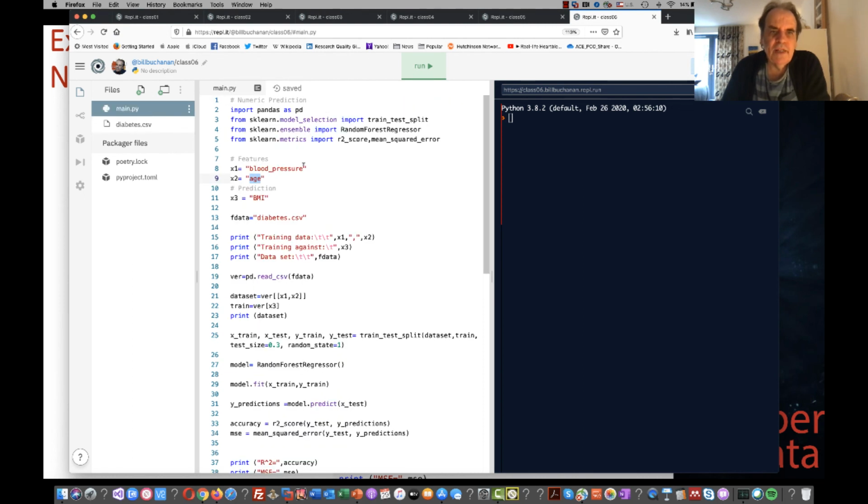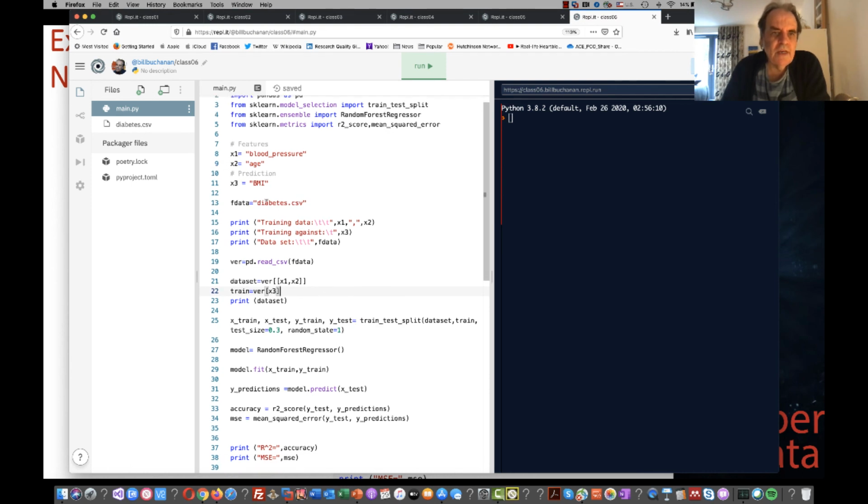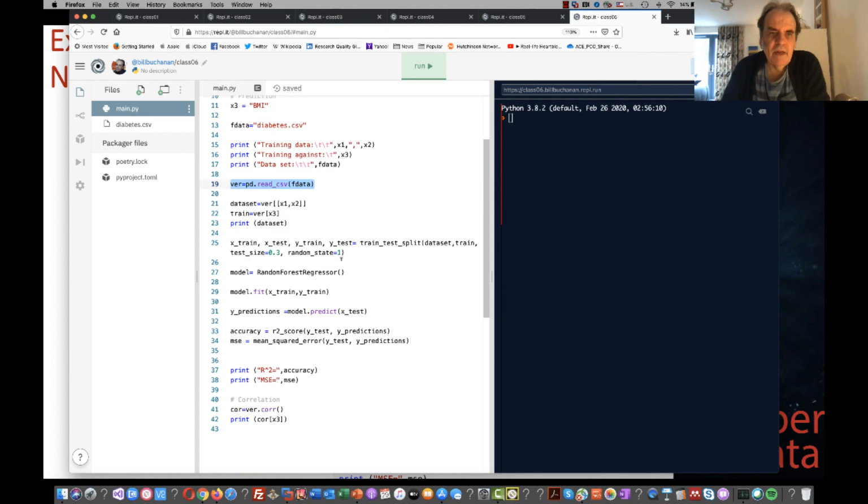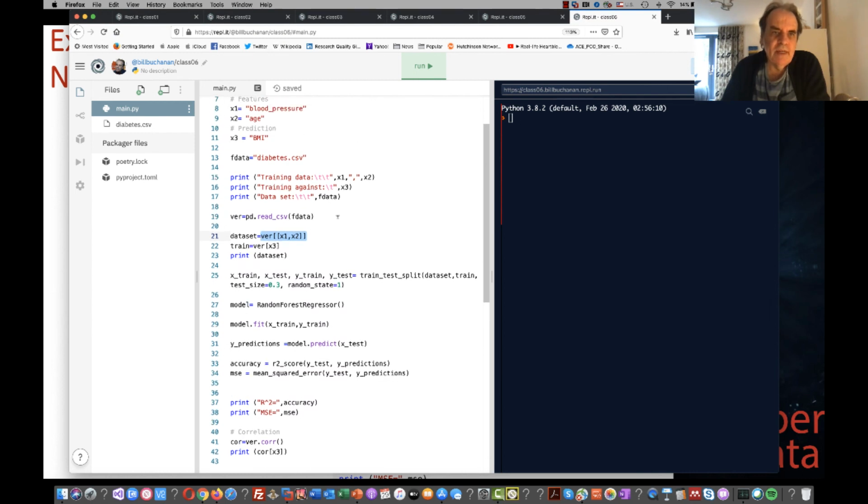And we're going to try to predict BMI on this. So we read in the CSV here, and then we rebuild just a new data set with the two features that we're going to use, X1 and X2, blood pressure and age. And then the one we're going to train for is this BMI.